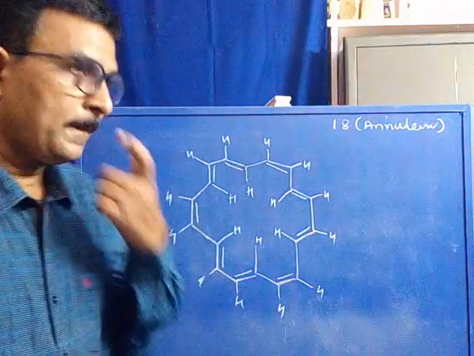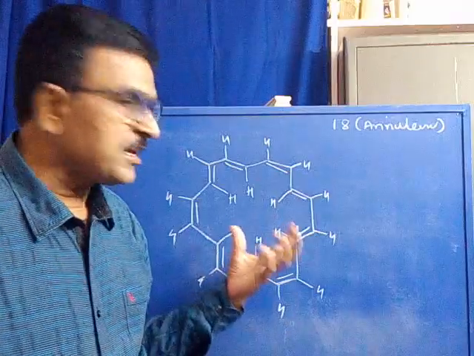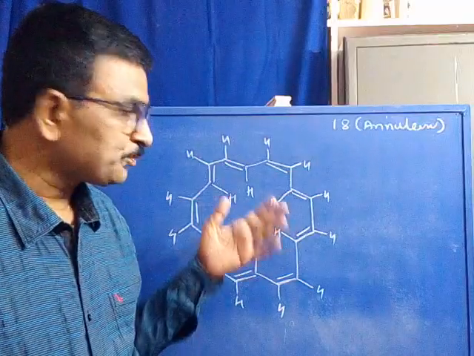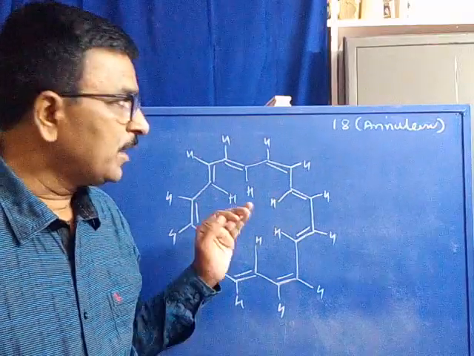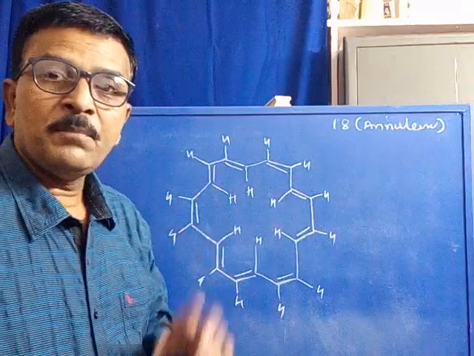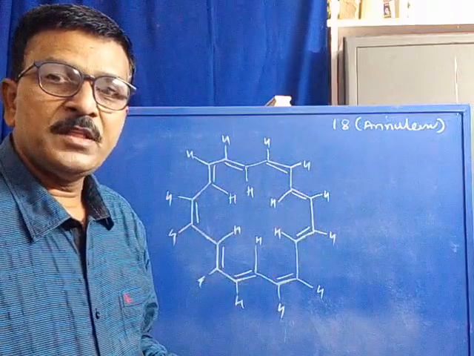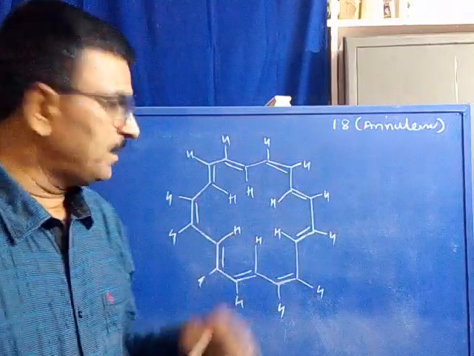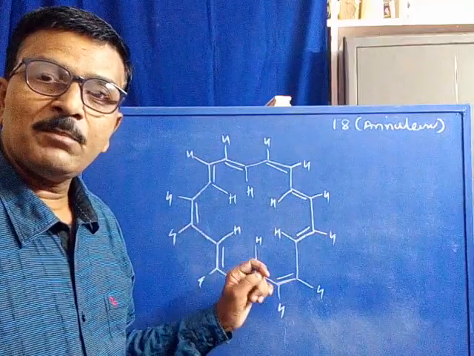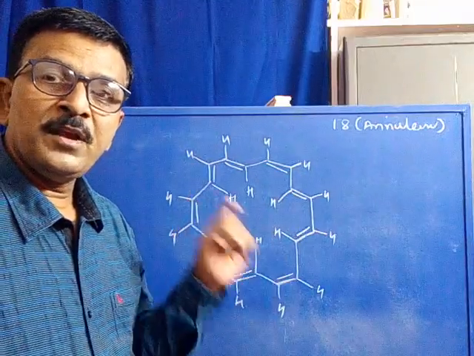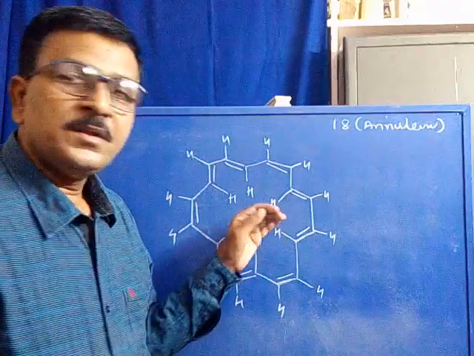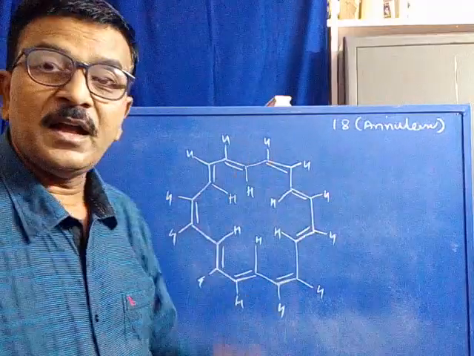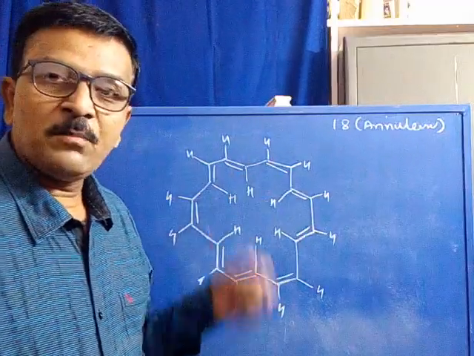This is the annulene structure where each carbon bears one hydrogen. There is an alternating double bond. It is an aromatic compound, and all carbons are sp2, and hence it is planar. Due to the number of carbons, 18 carbons are involved in the formation of the ring, therefore it is called [18]annulene. Now there are 18 protons, 18 carbons bearing 18 hydrogens. Six hydrogens are situated inside the ring, 12 hydrogens are situated outside the ring. Now it is a planar molecule.